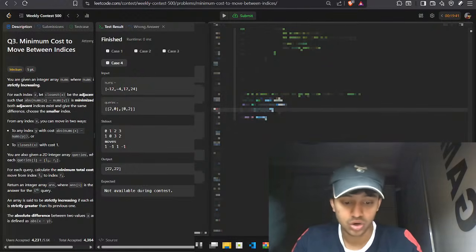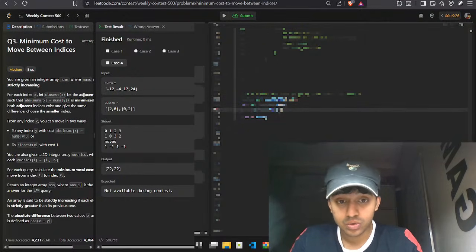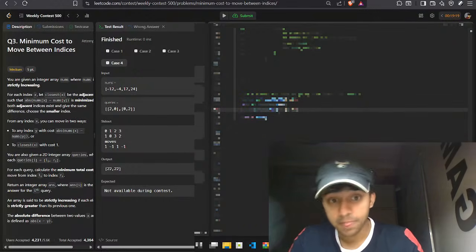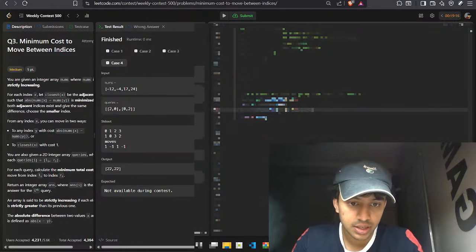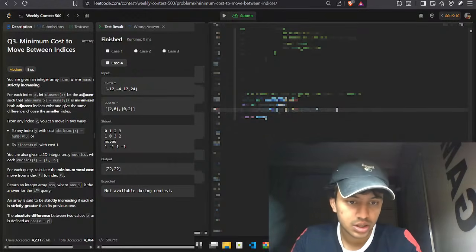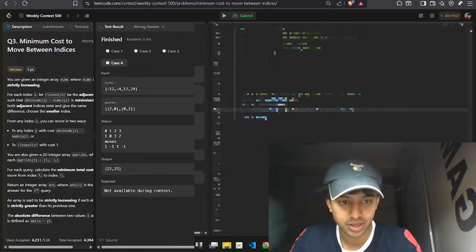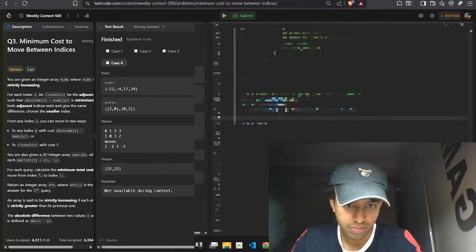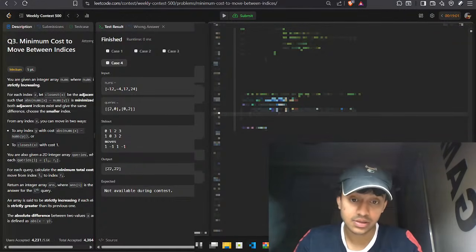If closest of I equals I minus 1, then you can say cost till 0 equals the cost of going one left plus cost till 0 of I minus 1. Okay, correct, fair. Else,